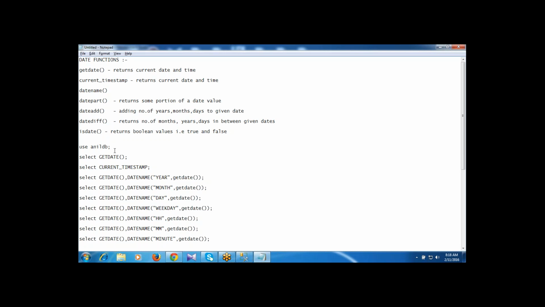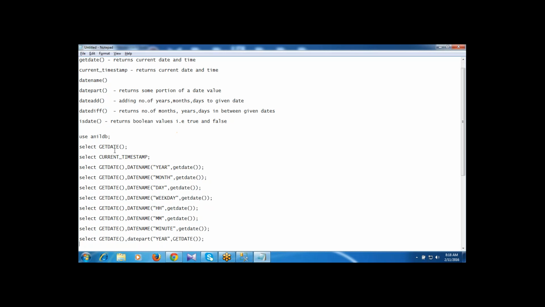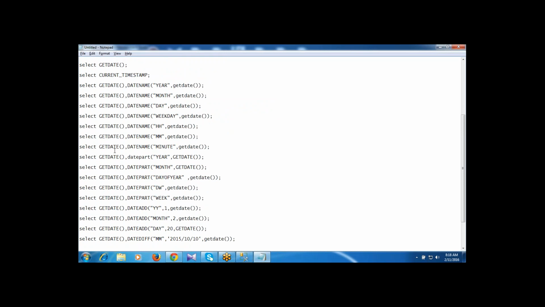These are all the predefined functions which are related to the date data type. GetDate function returns the current date and time. Current timestamp function returns the current date and time. Date name function returns the year, month, date, some selected value from the given date.